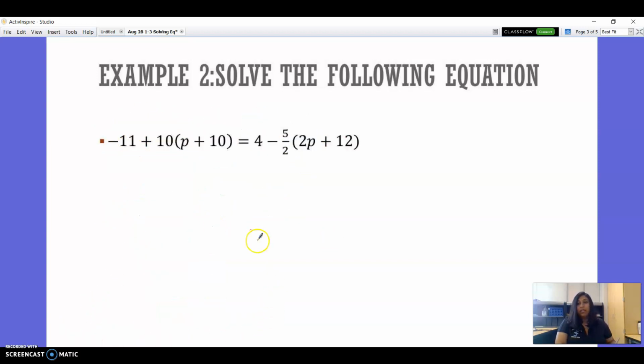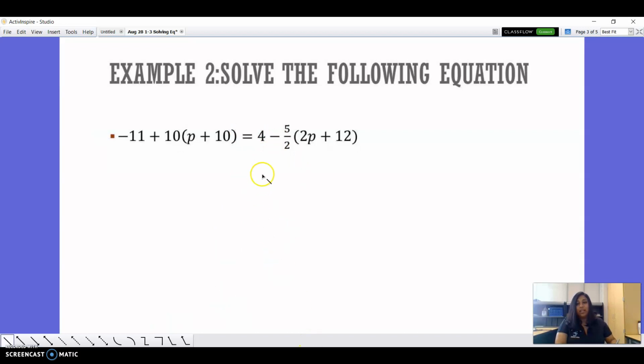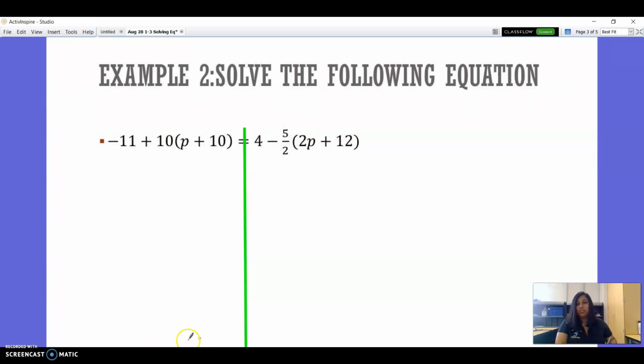Okay, another example here, I'm going to do the same thing. So I find my equal sign, I go ahead and draw a line there. I'll do it smarter this time. There we go, nice and straight. The left side, negative 11 plus 10 times p plus 10. I can simplify this, so I'm gonna distribute 10p plus 100,